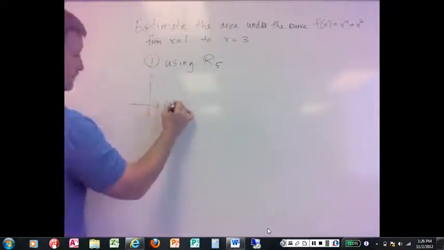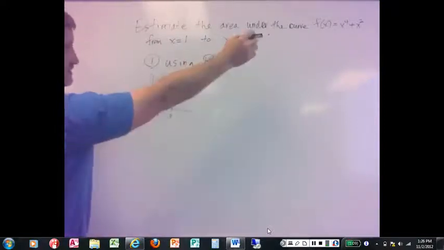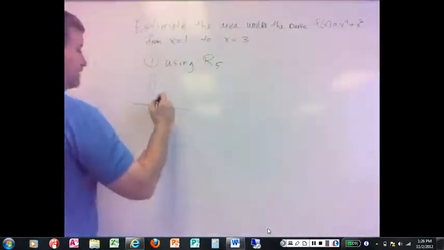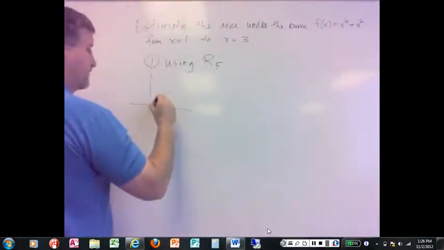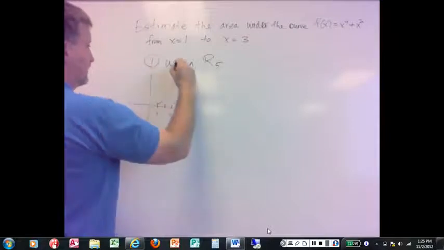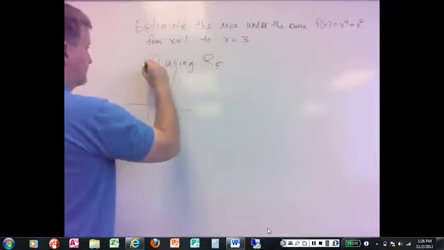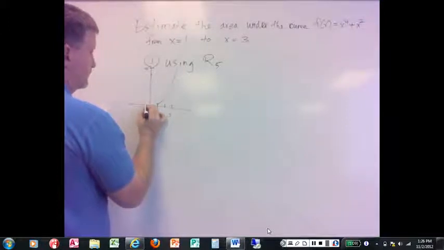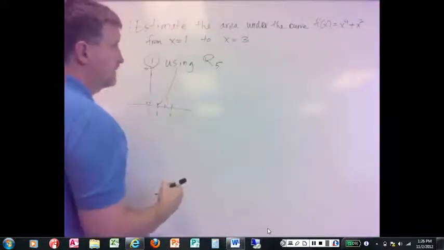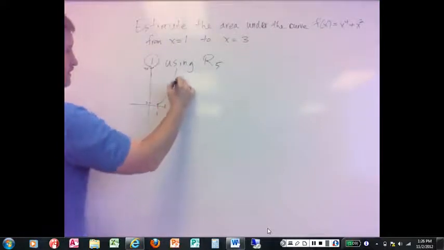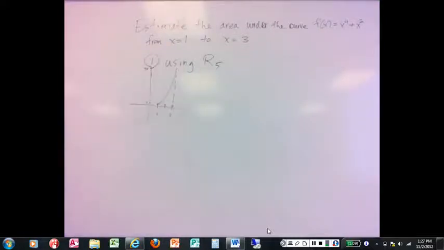That 3 is going to be way, way on up there because you're talking, what, 81 plus 9. That's up to 90. So that's the first issue there, and 1 is way down here at 2. So this goes from 2 to 90 there. But there's some other issues here. So I'm going to estimate that thing right there, area under that curve,